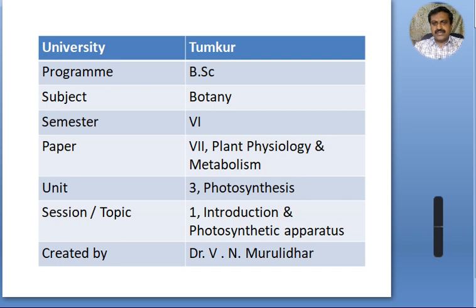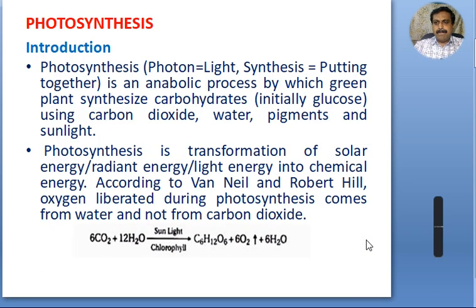Let's move on to the third unit of paper 7, plant physiology and metabolism. The third unit is photosynthesis, under which the session to be discussed now is introduction to photosynthesis and photosynthetic apparatus. See, photosynthesis is an anabolic process, meaning it is a constructive process wherein complex organic food substances are constructed in the plant bodies, that is